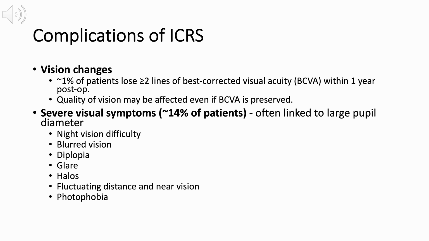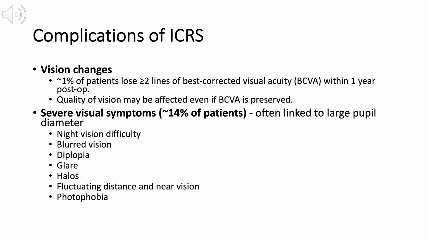Complications of ICRS can be divided into general complications and severe visual symptoms. In terms of general complications, approximately 1% of patients experience a loss of 2 or more lines of BCVA within the first year after surgery. Even if BCVA is preserved, the overall quality of vision may still be negatively impacted due to subtle distortions or